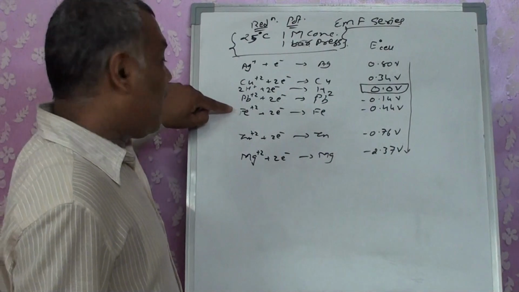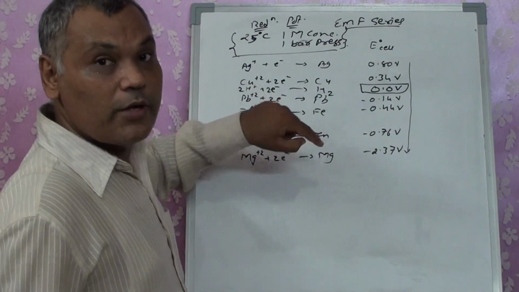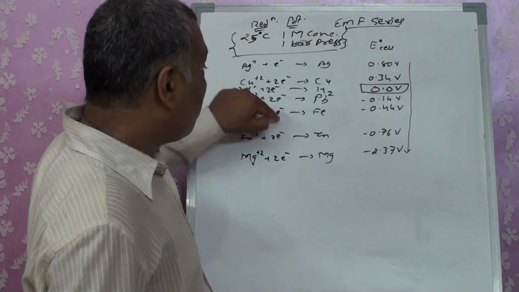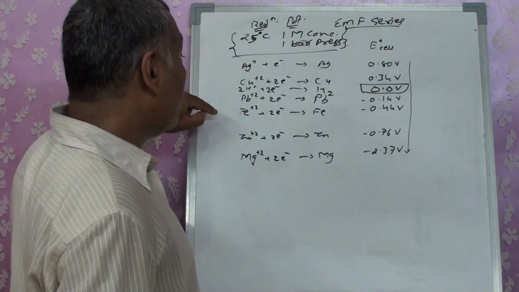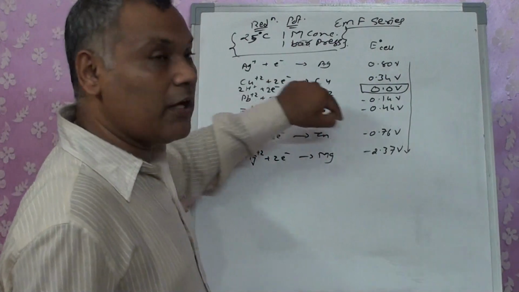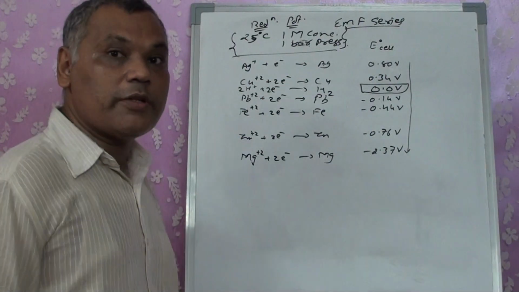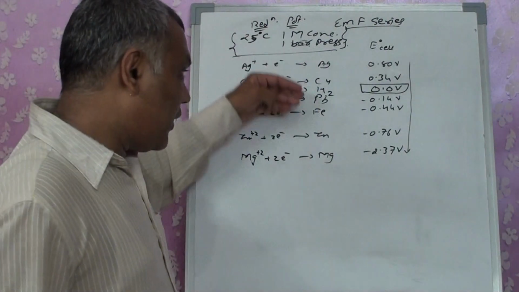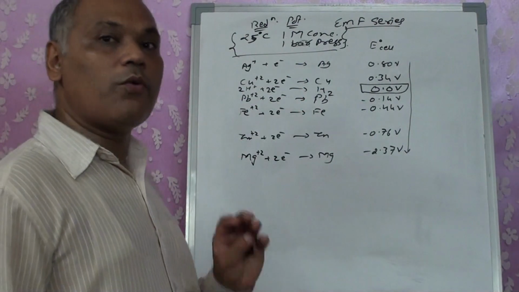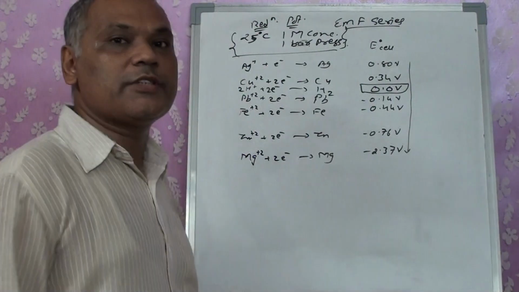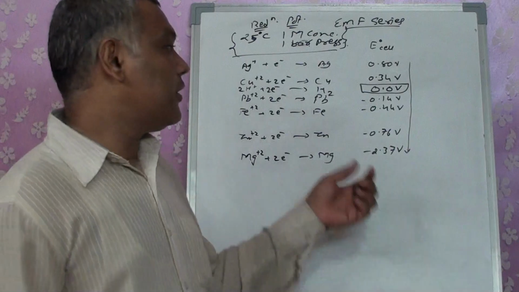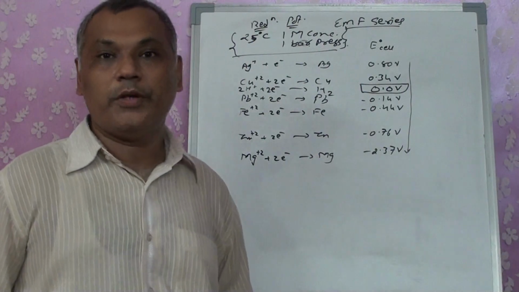particularly for Fe, I wrote Fe2+ plus 2e- to Fe. You can also get Fe3+ plus e- gets converted into Fe2+, or Fe3+ plus 3e- gets converted into Fe. So that means we can get many potentials. But out of that, I wrote a few over here only to understand the series given to me, and once the potentials are given, how this EMF series will be useful to me.